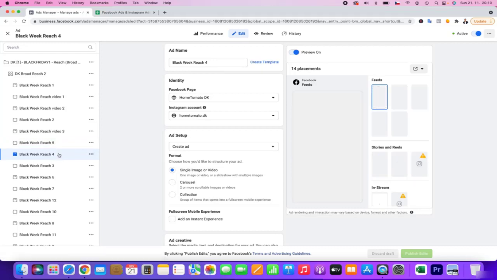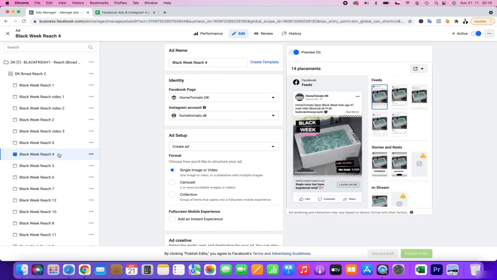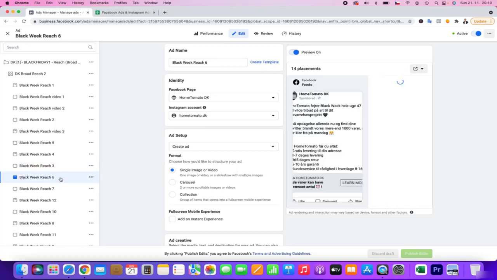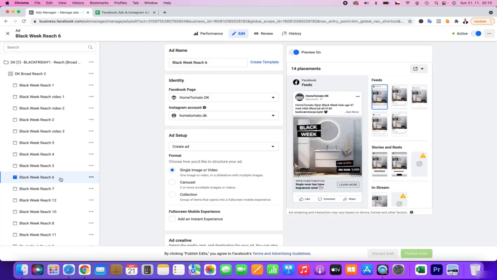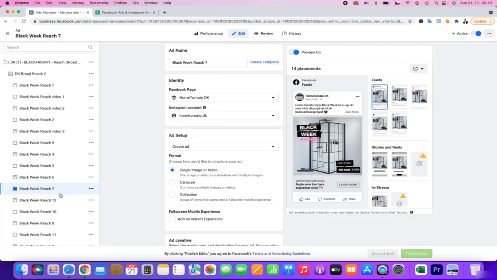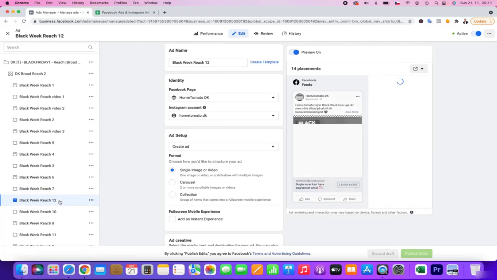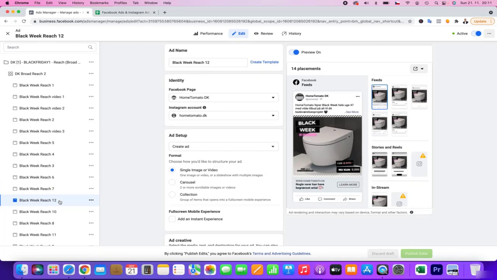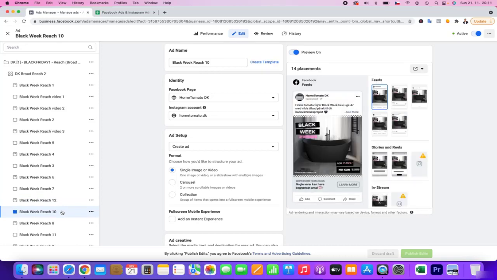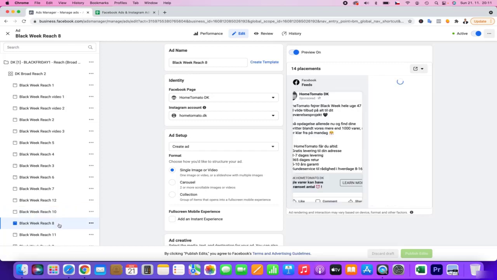It's like you have a teaser in the cinema and you would like to go for the new movie, let's say Top Gun with Tom Cruise. You have been watching the teaser, and this is basically teasing the people, making them ready for Black Week, Black sales. As you can see, it has different pictures, different products, and I think it's really very easy to do in Canva. If you don't know how to do it, I would suggest watching some Canva tutorial. It's very easy to create.